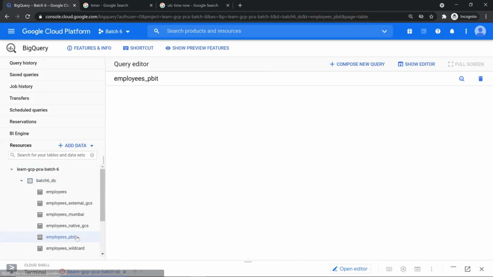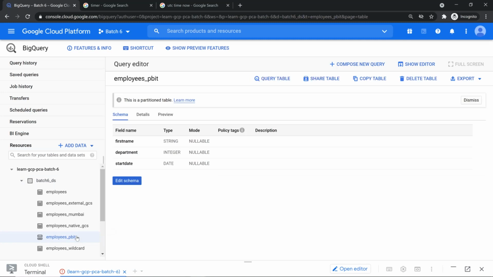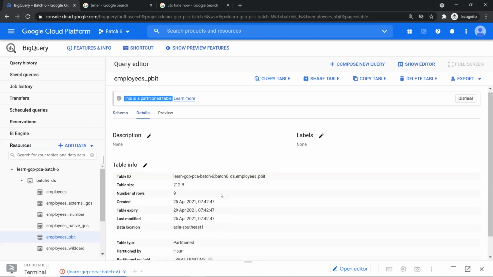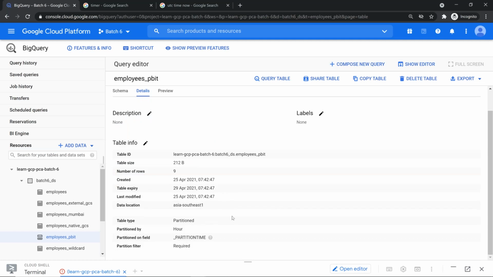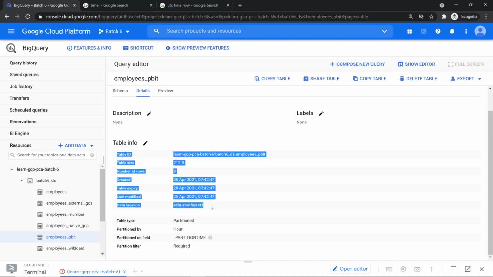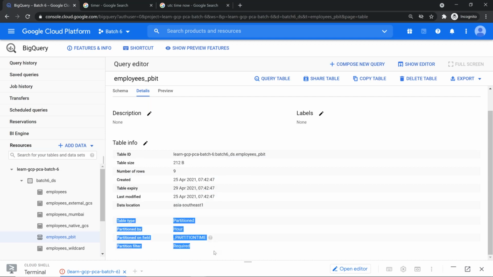So now if I click on this table, as usual, because it's a native table, you can see schema, preview, details, all those things. But one important piece of information you are going to see is in the details, folks. This is a partitioned table. It shows you that nice information. By looking at the icon also, you can come to know. If you click on the details also, you'll see something new. This is something which we have been seeing from yesterday. Not much difference. But this is additional metadata information,